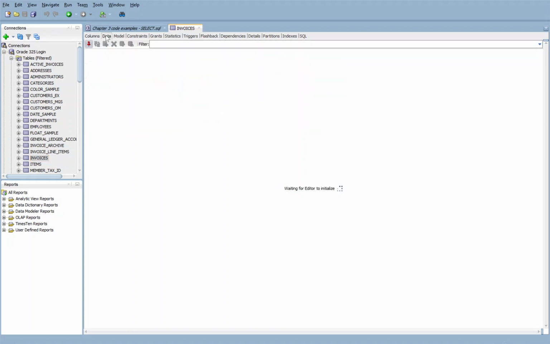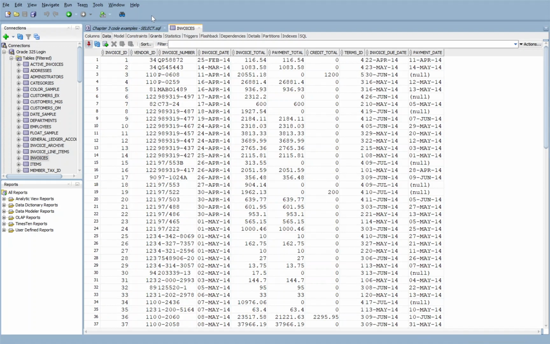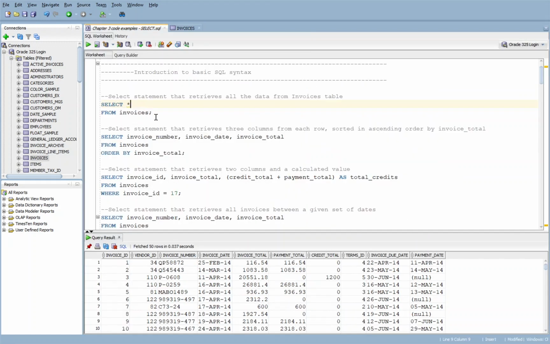Sorry, my computer's running a little slow here. So we can look at the data, but this is how you would do it through a GUI, and this is how I would honestly say a non-expert or a person with limited SQL skills would do it. So what we're going to do is use SQL to pull data and look at the data and manipulate it. So if you don't know a shortcut in Oracle, you can just hit Control Enter,